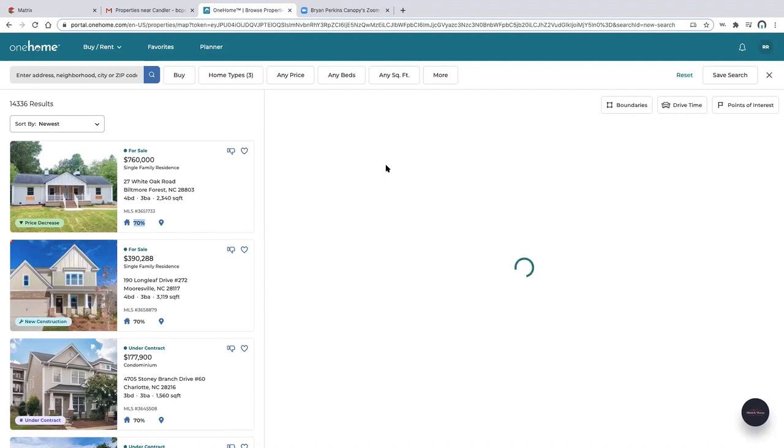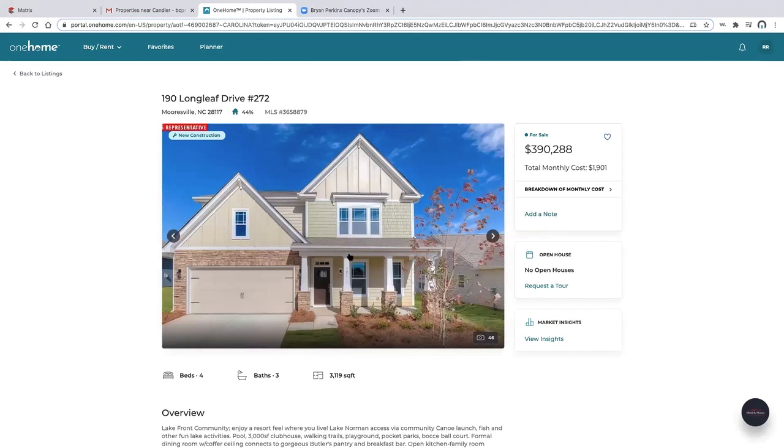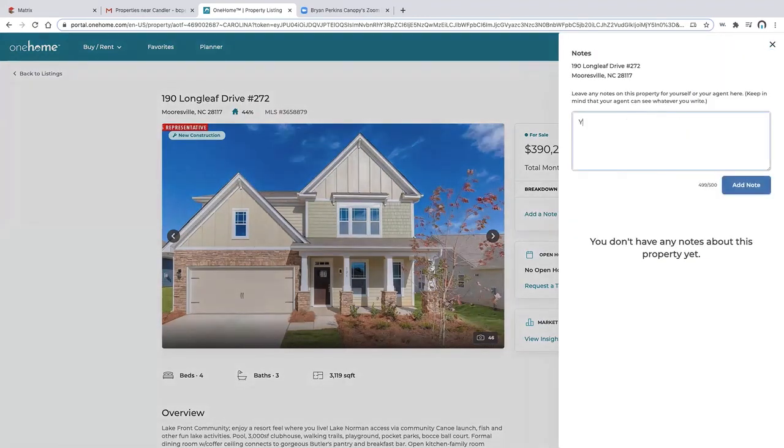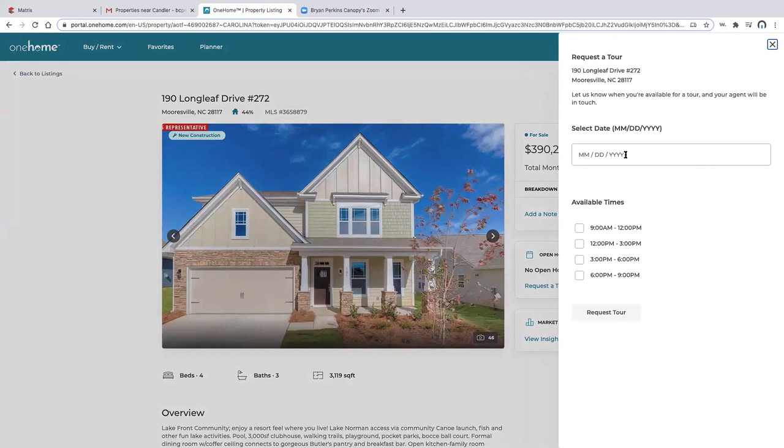Now that a client is logged into their OneHome portal, they can favorite or say not for me. Within the detail of a property, they will now be able to also favorite, leave you a note, request a tour, which is just a note that identifies a time,